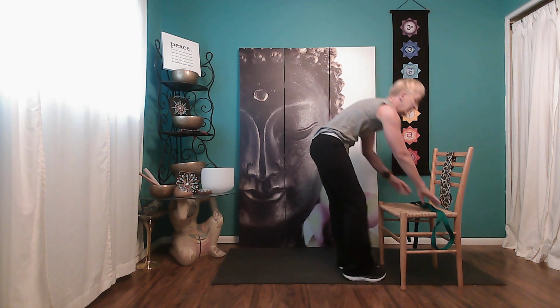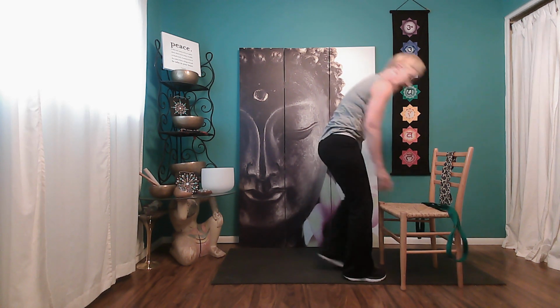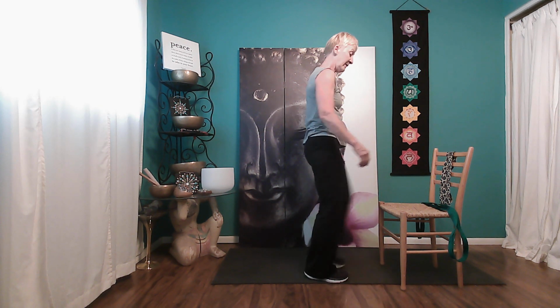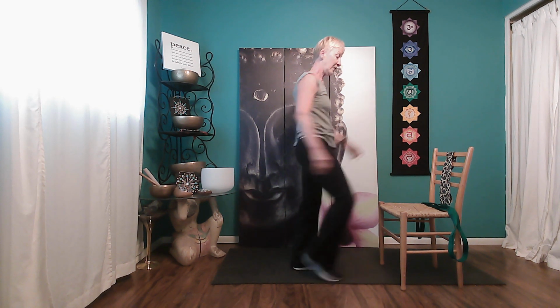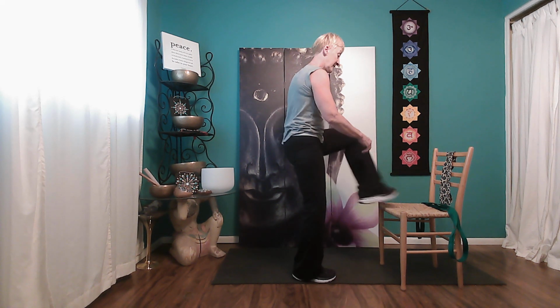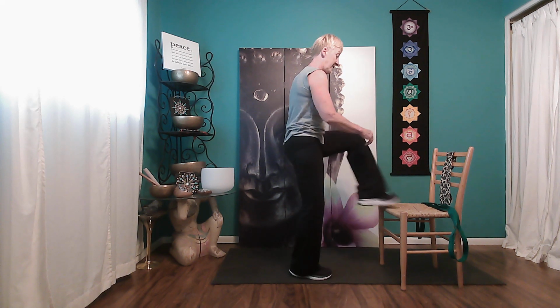I'm going to face this chair, and I'm going to start warming up the legs a little bit. I'm going to be tapping underneath the chair, alternating right and left, and we're just going to do 8 of those. So right, left foot under the chair, we're tapping for 8, 7, 6, 5, 4, 3, 2. Now I want you to tap the top of the chair for 8, 7, 6, 5, 4, 3,